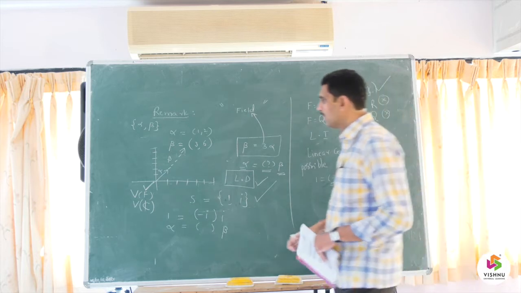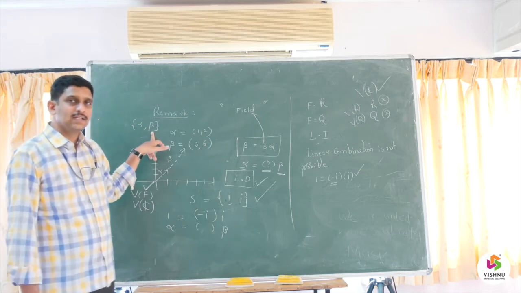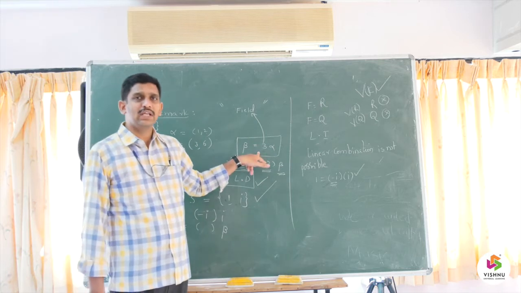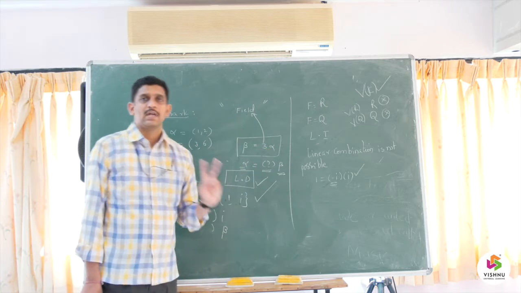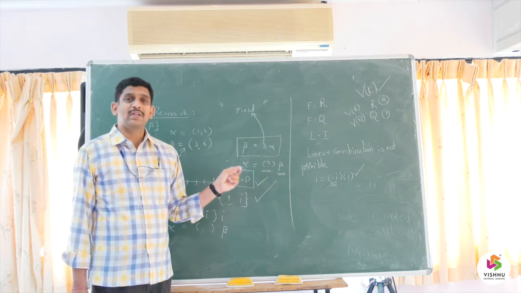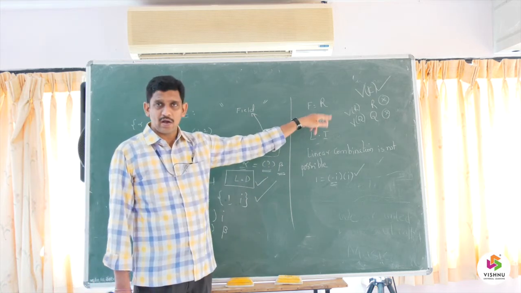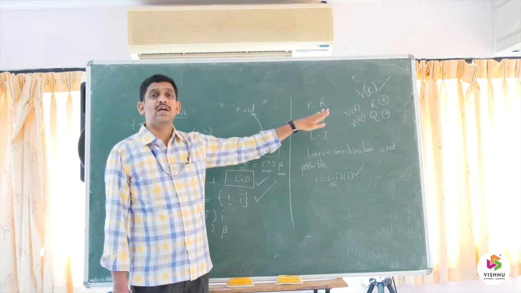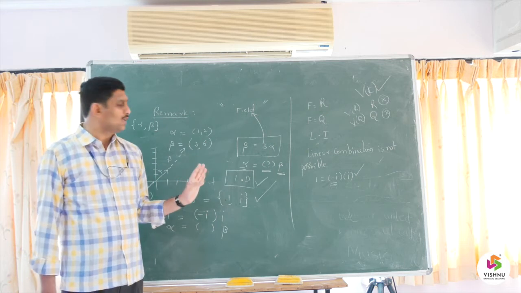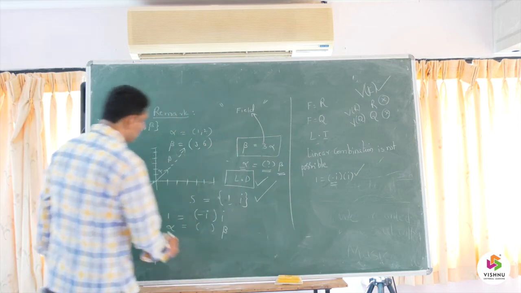So from this problem what we understood: whenever you take a two-vector set, we should be able to write one vector as a multiple of the other vector. That is the first thing. And second, we observe what the scalar is. Depending upon whether that scalar belongs to a particular field or not, we confirm that the set is linearly dependent or independent. This is the important thing that you need to remember. Then I will continue further by taking the next problem.